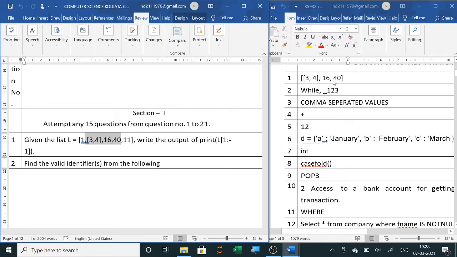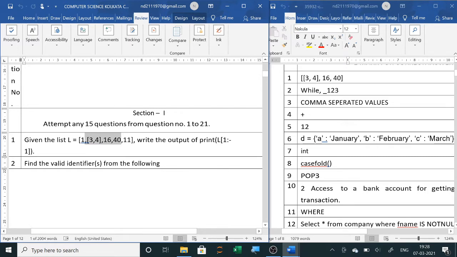You can see the answer here on the right side. So in square brackets 3, 4 will be there, then close the square bracket, comma 16 and 40. So this slicing question will come for 1 mark. First the start value is given and then the stop value, and before the stop value you have to display the elements. Here minus 1 is written, and minus 1 is the last element. So before that we have to stop.